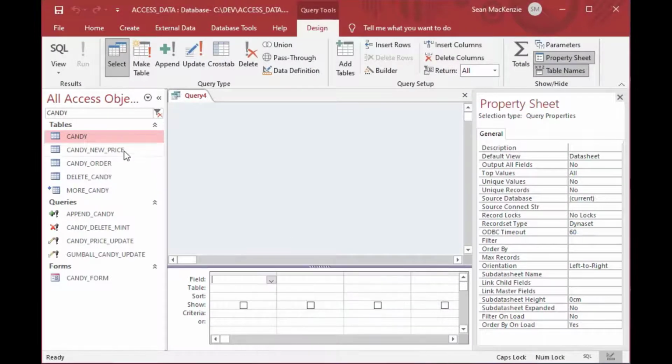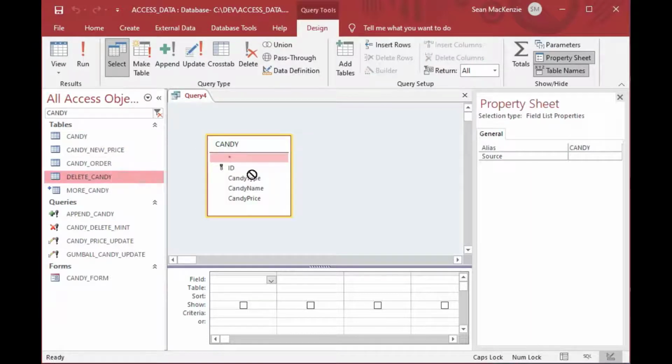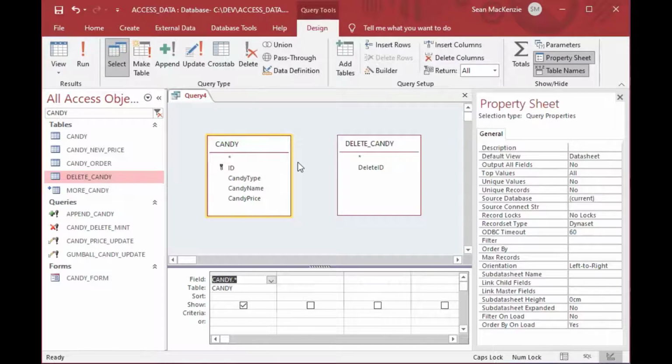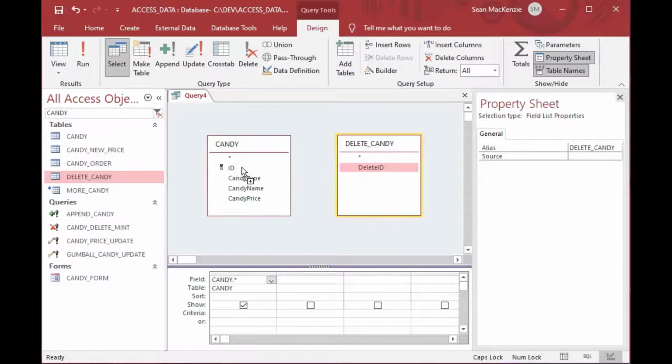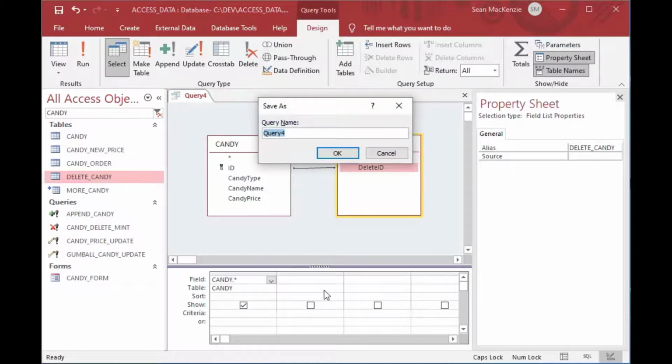So we'll go create new query, and you can close that little pop-up that comes up and then just drag on the 2 tables that we want to use. And you can see there's one that's our Candy table, that's our production, and then the other one is our delete list, and we want to delete from production all of the ones that are in our delete list. So we'll do the same as we did last time, where we double clicked on the star to get our table on there, and then we're going to drag a join across for our delete IDs onto the ID column of our Candy table,